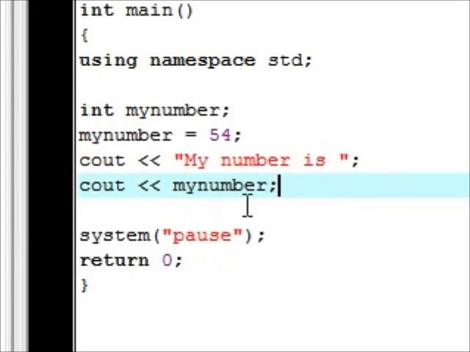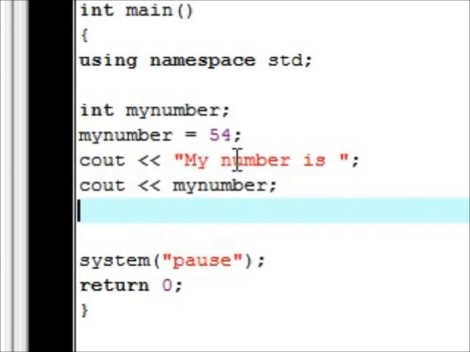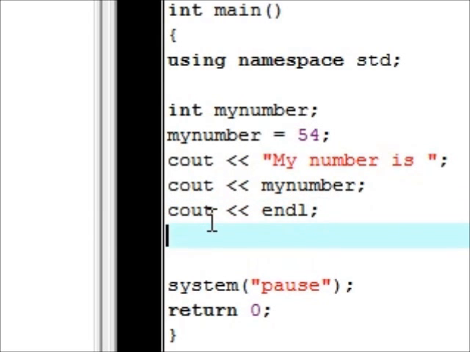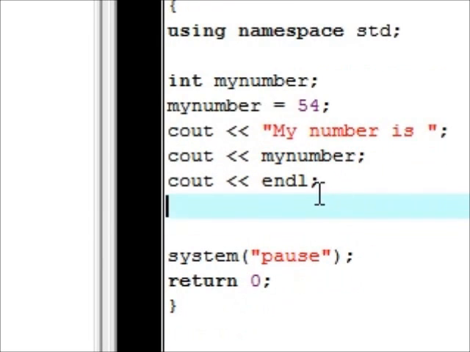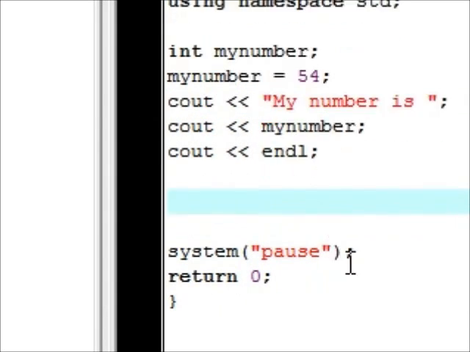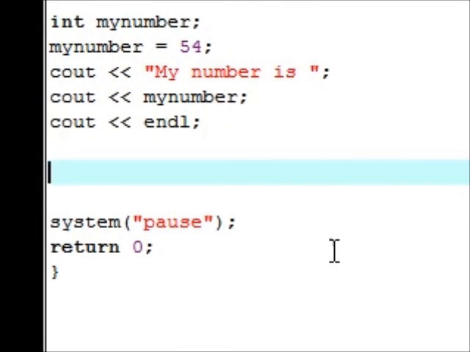But let's say we wanted to type the code further, and we wanted to change this variable. Let me first just make a new line so it's easier to see. Again, endl for end line. Now we have a new line, and we're starting on a new line. So now let's say we were going through our program and we wanted to make a change to the variable my number. To do this, it's very simple. Just type